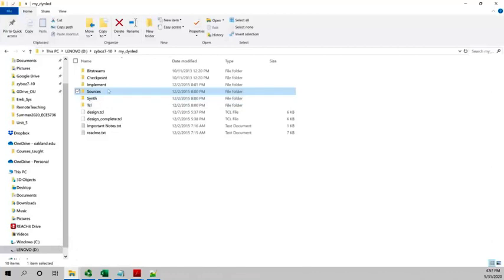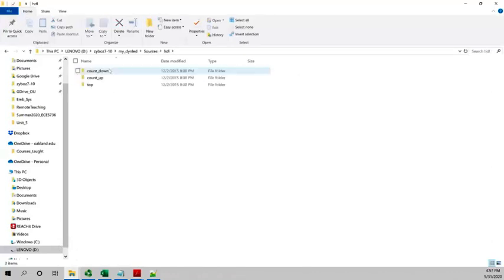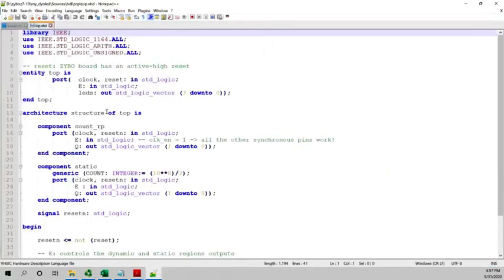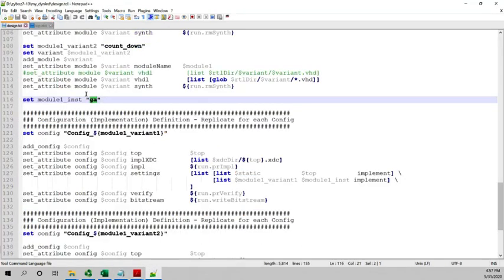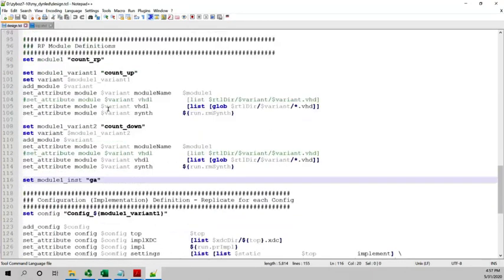Let's go to the block sources. All right. Look at it. The counter P here. This is where you do the port mapping for the counter P, right? But look at this. GA is the label, right? So here in your Tcl file, make sure to include GA. Okay. And then everything else, I believe this is all that you need to